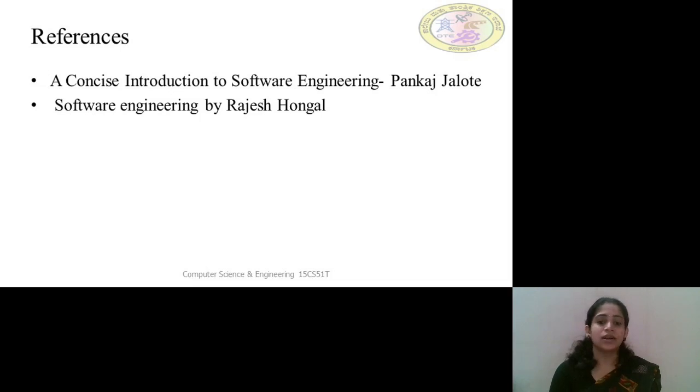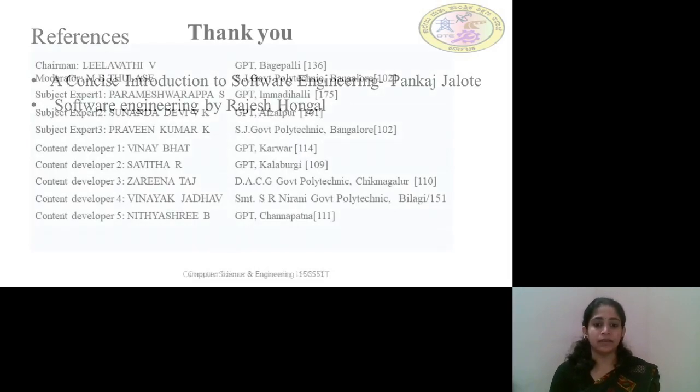So with this, we are concluding session 2, where we discussed the strategies of function oriented design and how we can effectively use structure charts to represent function oriented design.